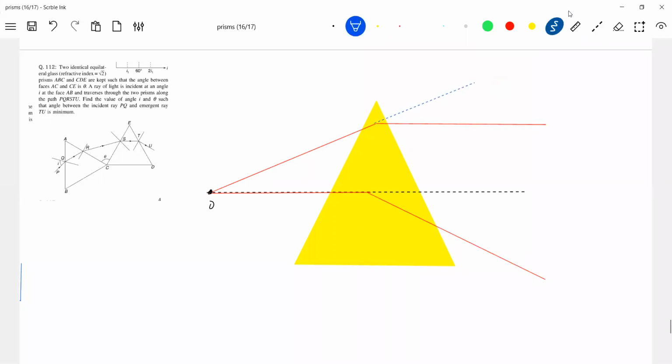If the prism were not there, it would have been like this. So this you take delta, this delta. You produce it back. If you produce it back, so these rays, and the diagram should be drawn in such a way. So here is where that image will be. So what is that? Height we can, so I'll give this distance. Okay, this is a deviation, so this will be delta.